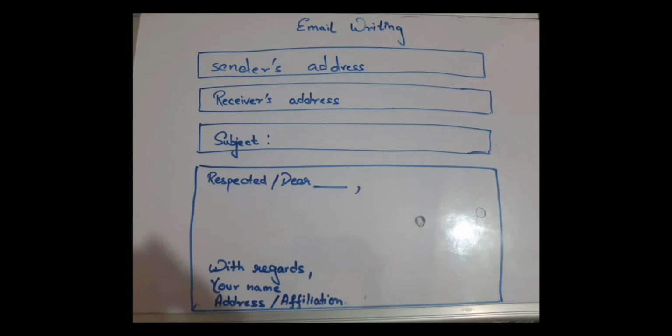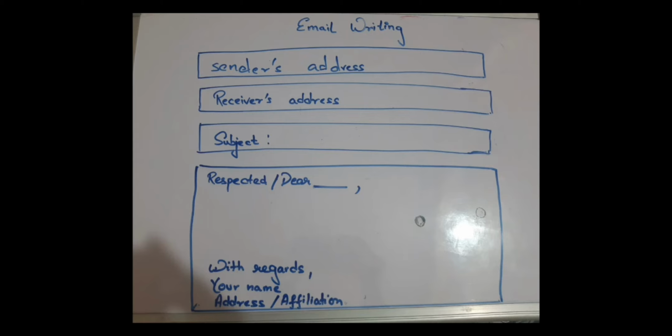If you are writing an email for an exam, you will make these bars. In the title bar for the sender's address, you will write an email ID that will be related to you or your name. And then in the receiver's address, you will write an imaginary email ID of the receiver. Then in the next title bar, you will write the subject of your mail, what you are going to write in the mail. And then you would write respected or dear accordingly, then the name or designation of the person you are addressing, a comma, and then the body of your mail, and then you will end it with regards.